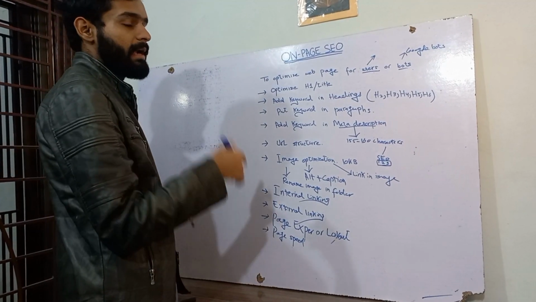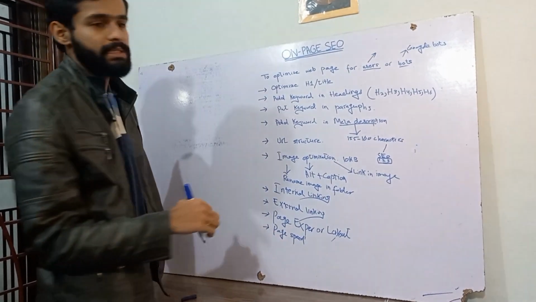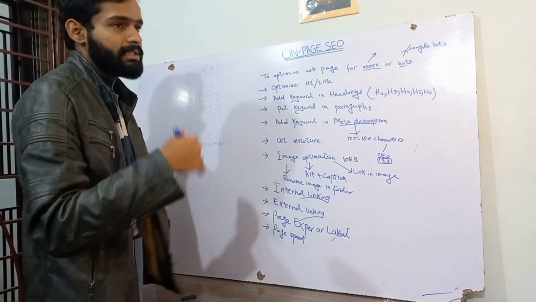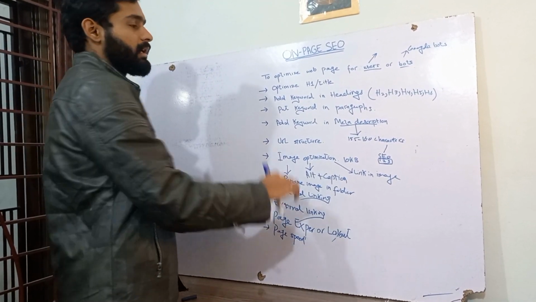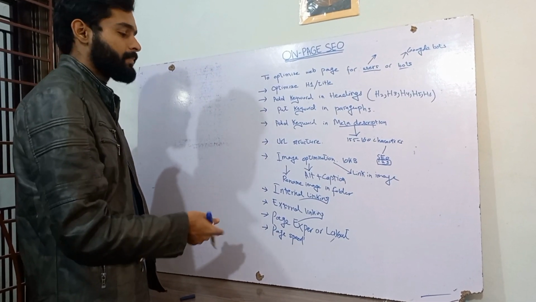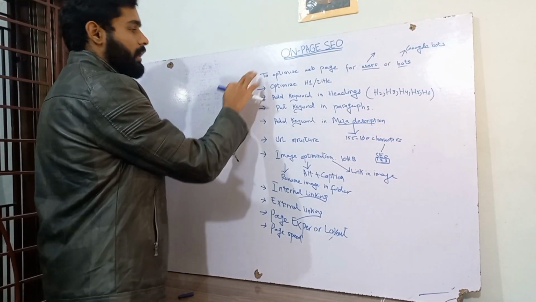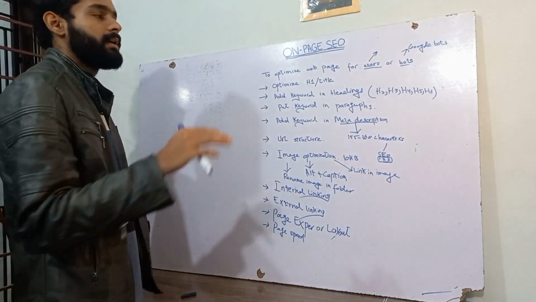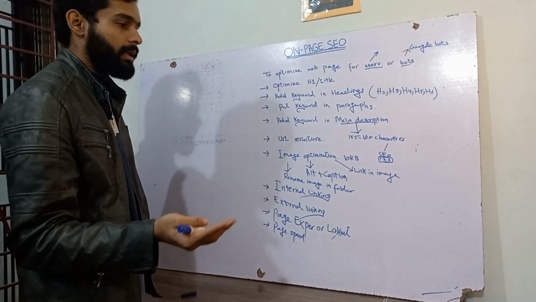You must check these things, because if your page speed is down, users may come in the start, but Google will see the page speed is not good, and Google will not give you a ranking. So all these factors are the main pillars in on-page SEO and for ranking,